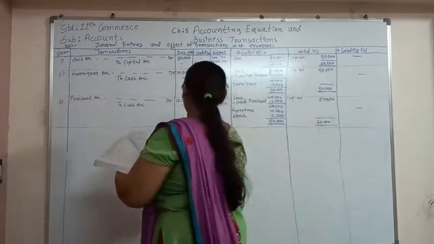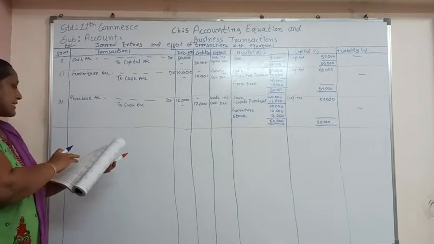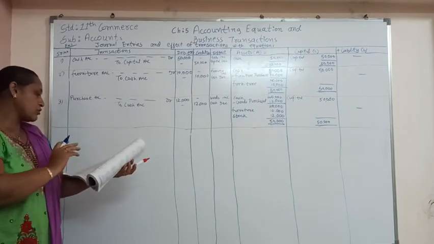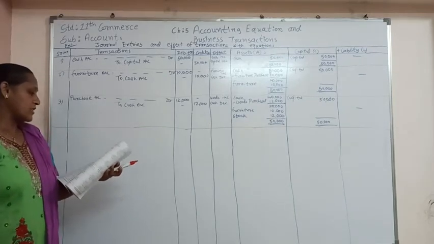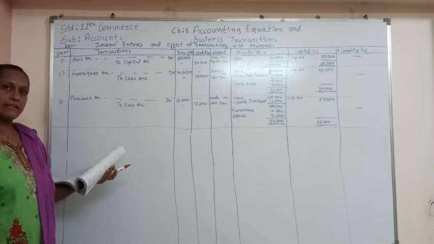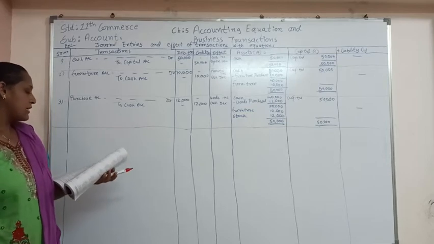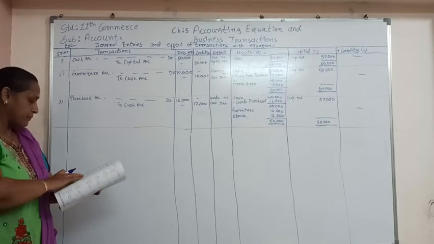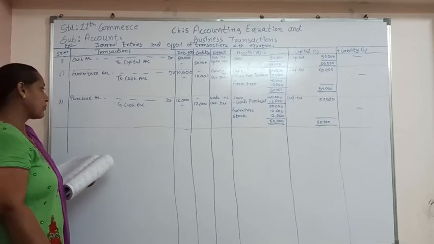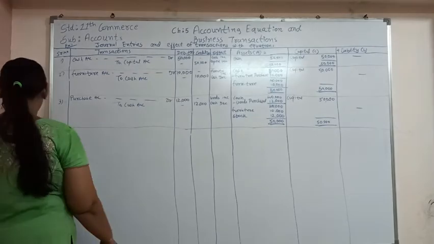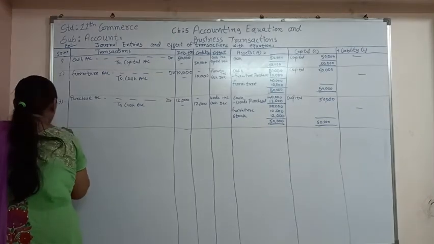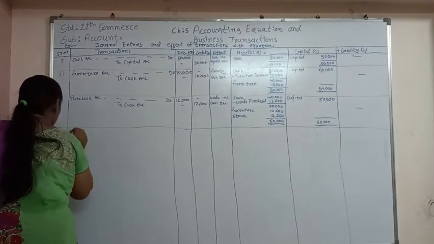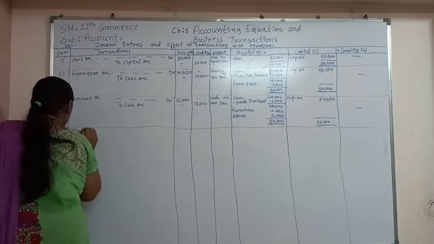Let's see the next transaction. Next transaction is the fourth transaction. Goods of rupees 8,000 is purchased from B. So this is a credit transaction, and because of this the liability is going to be increased. So here the journal entry we are going to pass is purchase account debit to B account. For the fourth transaction, purchase account debit